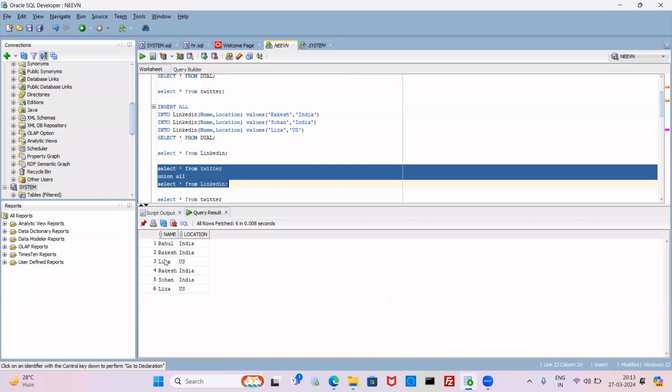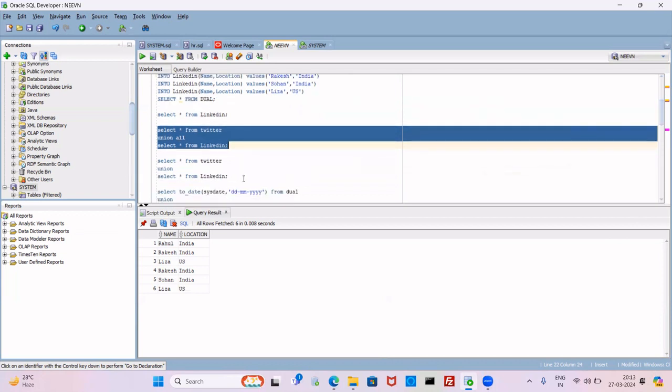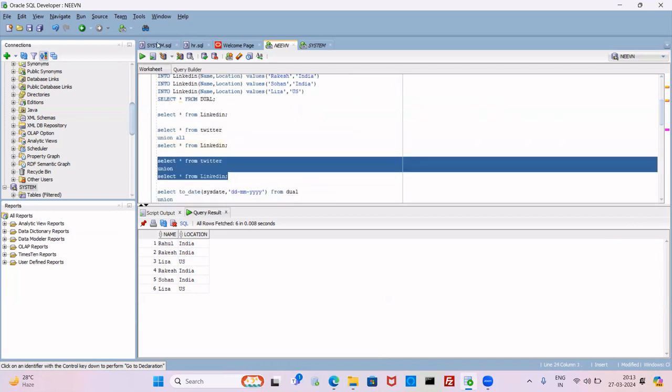Rahul India, Rakesh India, Lisa US, Rakesh India, Sohan India, and Lisa US. But when I execute this query with UNION, this will come, but line number 6 will not come. Okay, so let's check in a similar manner. When I execute this query,